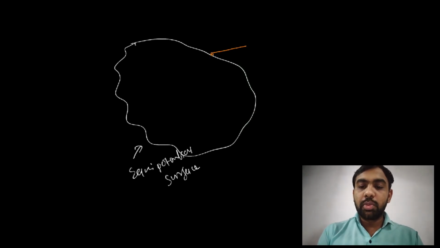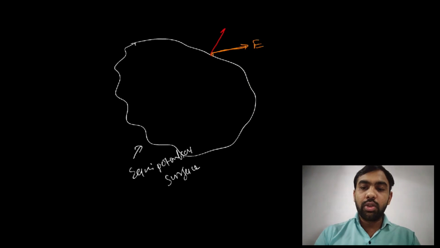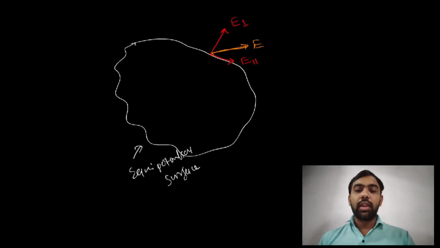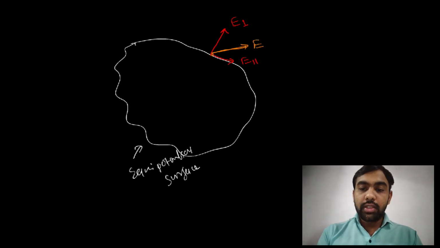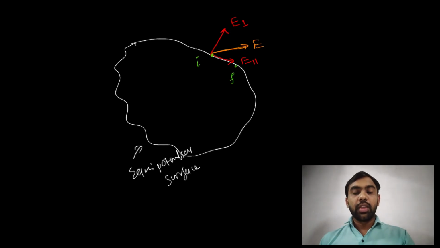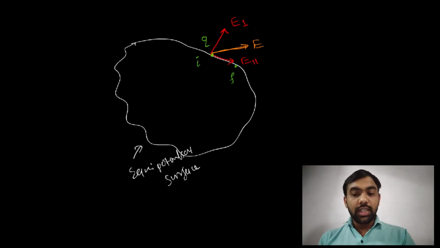Okay, you must consider this type of situation. Suppose here the electric field is not perpendicular. Then what happens? If it is not perpendicular, then there are two components. One is perpendicular, one is parallel. So this is E perpendicular and this one is E parallel. What happens in this situation? See, if any charge Q is moved from one point, initial, to another point, final, all along this equipotential surface, then here the electric field is present, so work must be required.